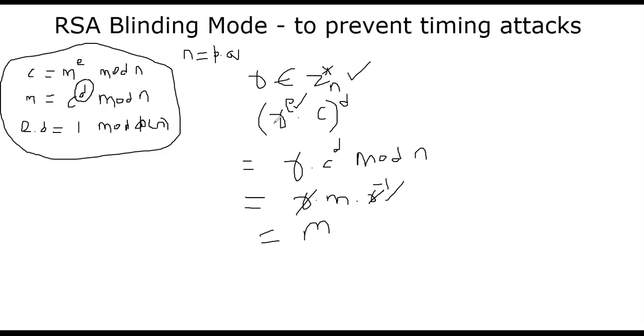It corresponds to R power E, and then it also corresponds to R inverse. So multiple things are mixed, making it difficult for an attacker to find the value of D. I'm not saying it's impossible, but this is the fix proposed by one of the inventors of RSA. Okay, so to summarize,